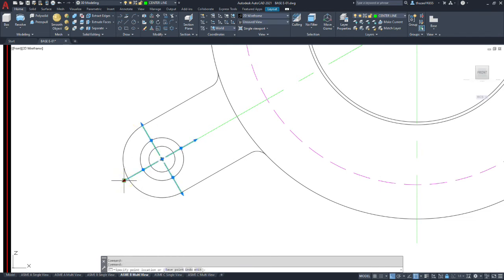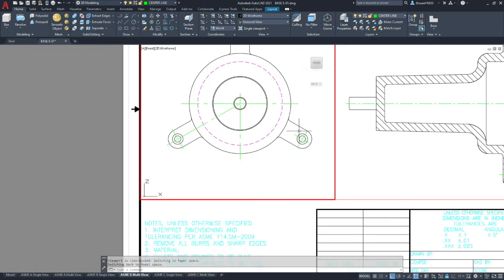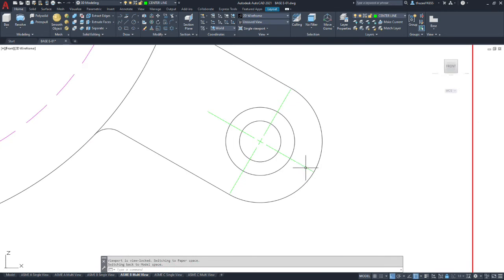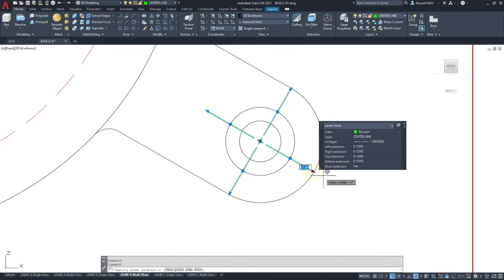A little more than that. So make sure you do that on these edges.